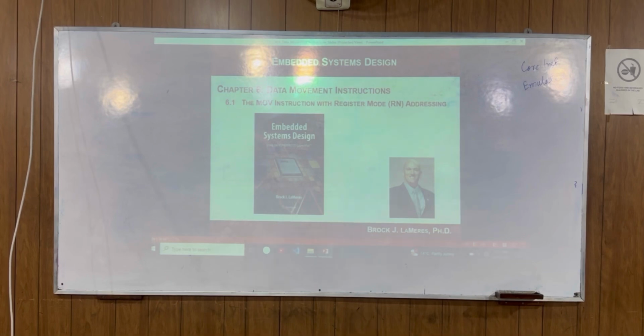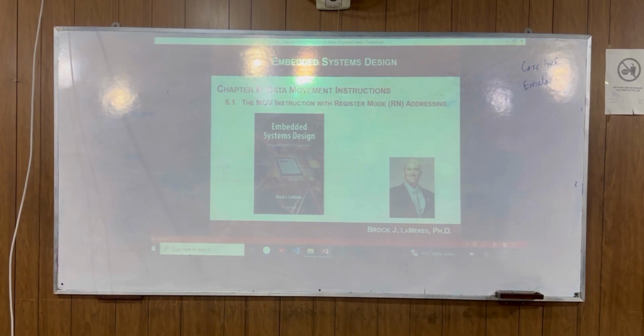For instance, if you have a move, you have dedicated circuitry for move. If you have an add instruction, you have a dedicated circuitry for the addition of the operands. Is it right? But whenever you do a subtraction, it doesn't have a dedicated circuitry for the subtraction process. So subtraction is an emulated instruction rather than a core instruction. Subtraction will use the other circuit to perform the operation. That's why it is said to be an emulated instruction.